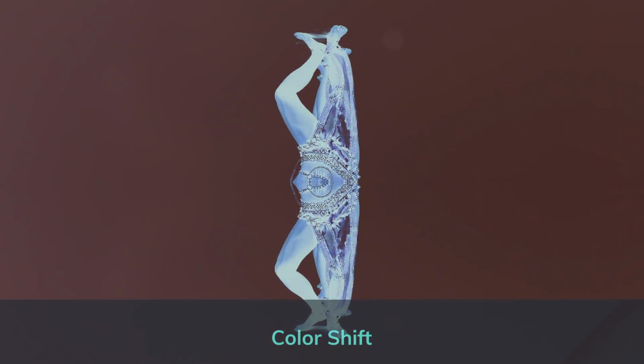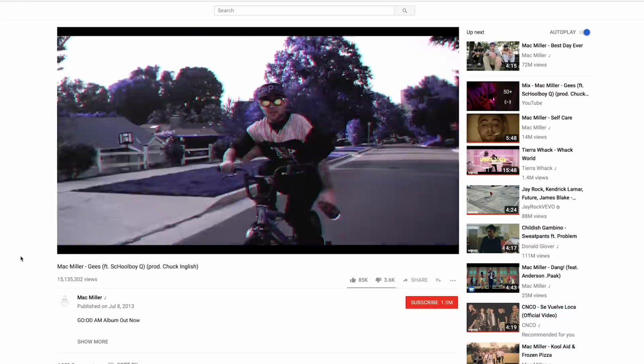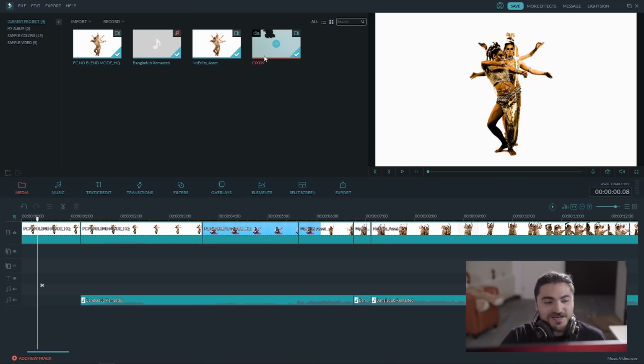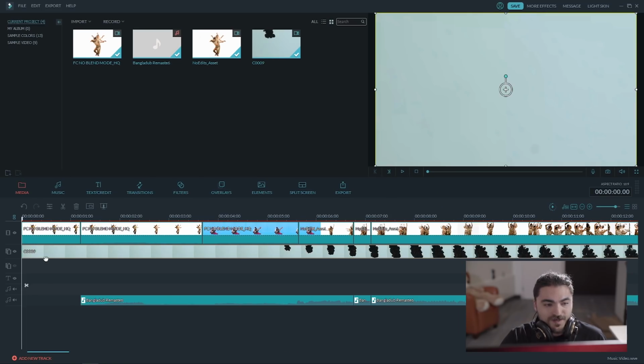The first effect you'll notice is the intense color shift. You might have seen this in videos by Mac Miller or Janelle Monáe. The color shift effect can be made in different ways, but the way we did it in this video is by using blending modes and a cool slow motion video texture. So what we're going to need to do is put that video texture underneath the main video track, and we're